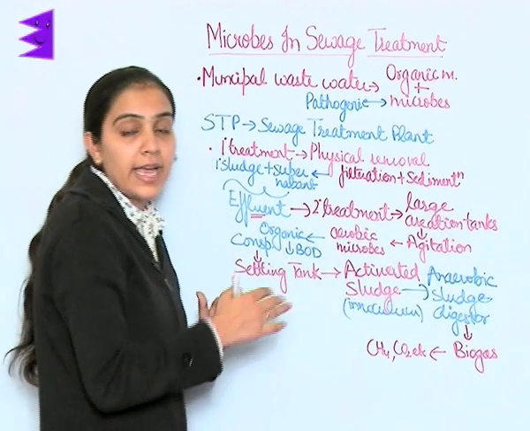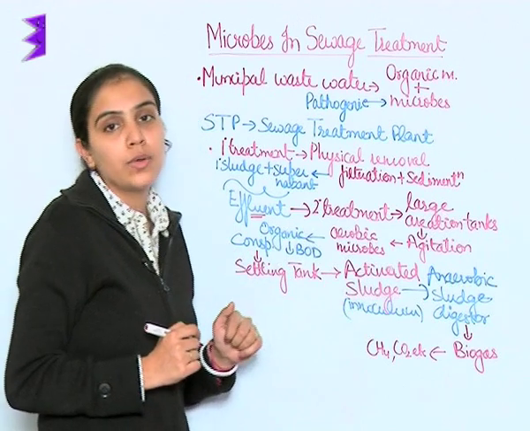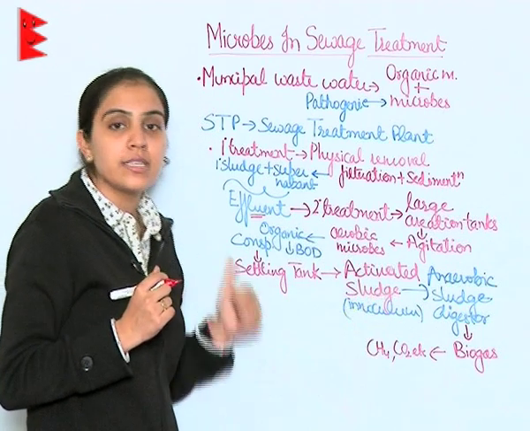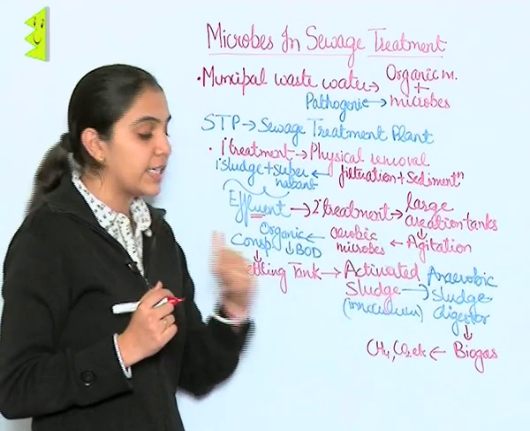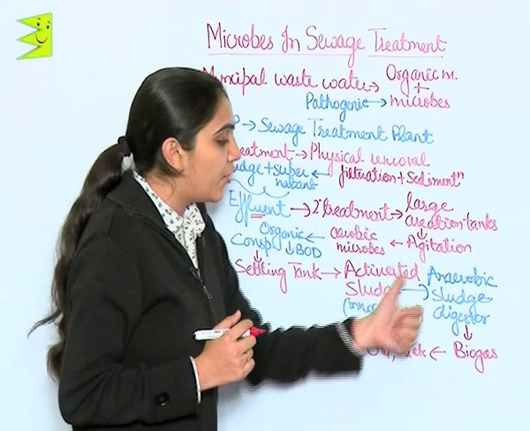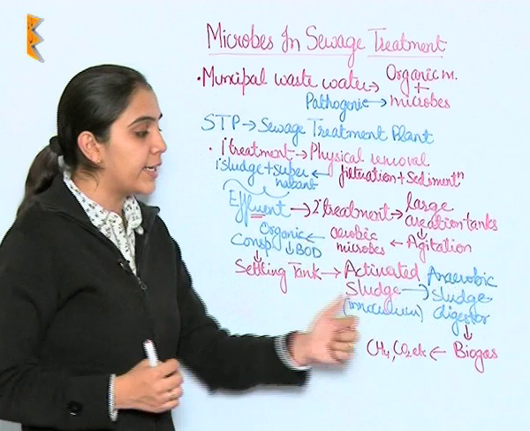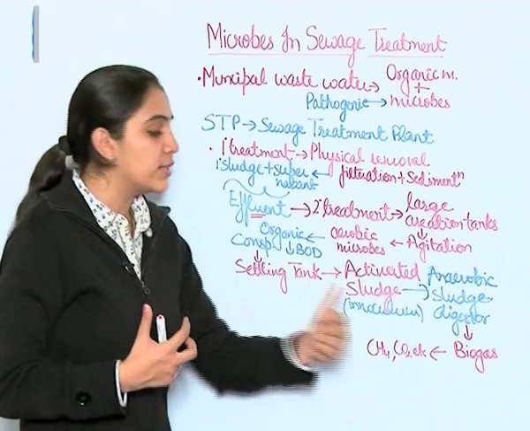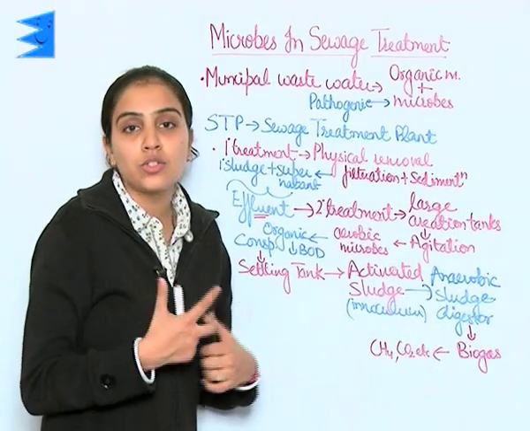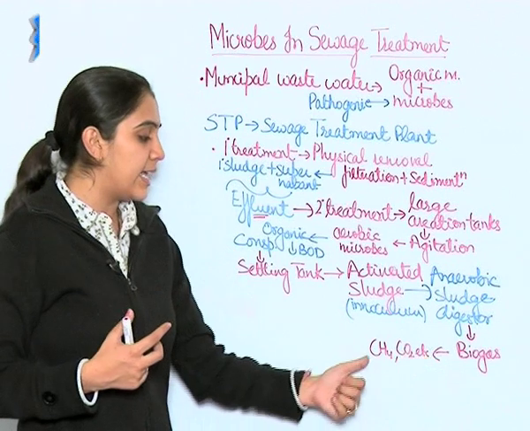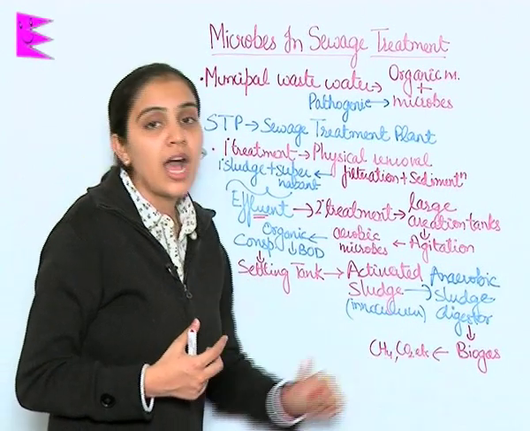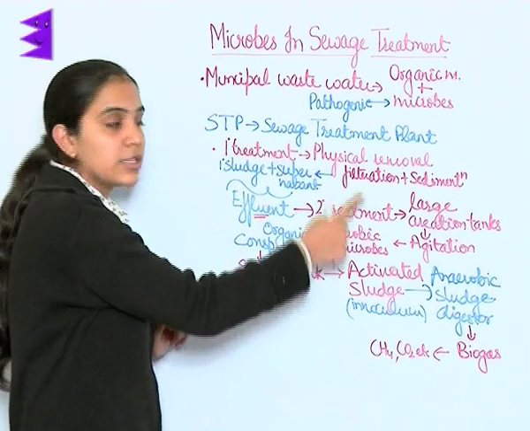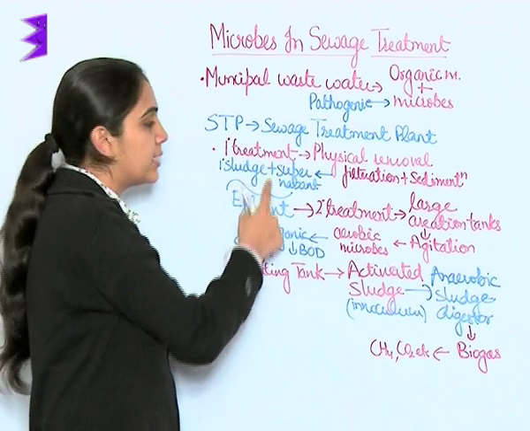In this settling tank, the settled sludge is also known as activated sludge. A very small part of this activated sludge is sent back into the large aeration tank as inoculum, and the rest of it is subjected to an anaerobic sludge digester, in which anaerobic bacteria consume this sludge, and while consuming it they release certain gases like methane and carbon dioxide, which are also known as biogas and can be used as a source of energy.